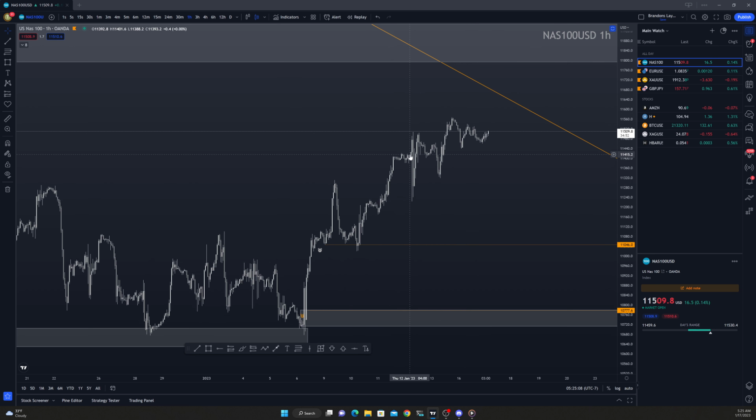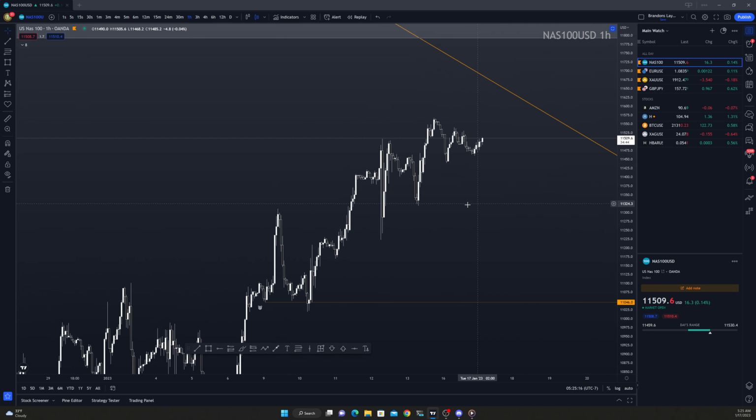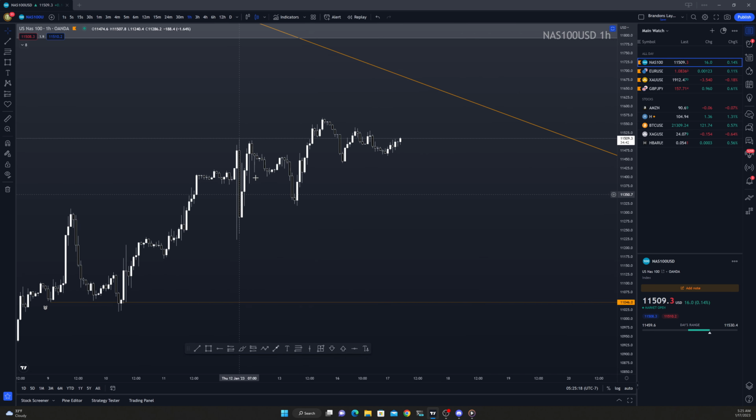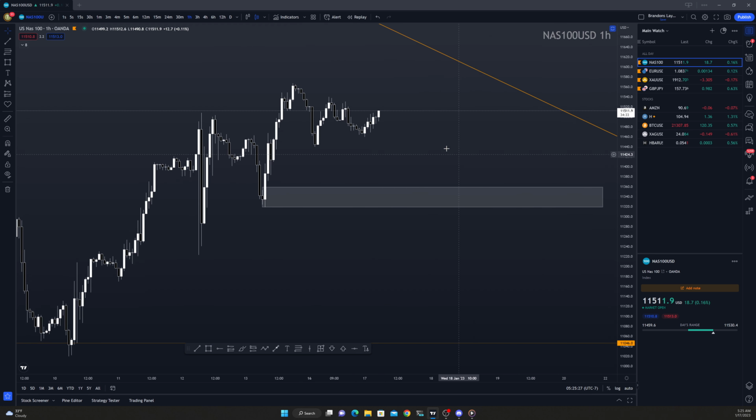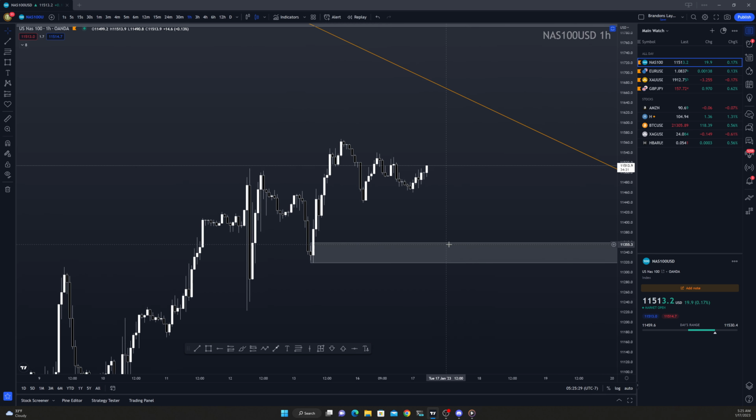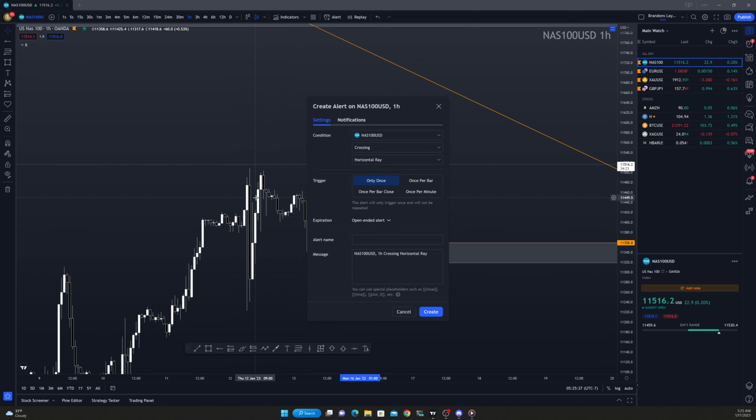It looks like this was Thursday last week, and then we're going ahead and move into Friday, and now we're kind of moving sideways here. So if I'm looking here on the hourly, price just broke above this particular area here, all of this funky price action, as I would call it, and I'd say we have a zone right here. Now in the zone, we want to see price come and tap in here before going higher. Now we would want to see it confirm,